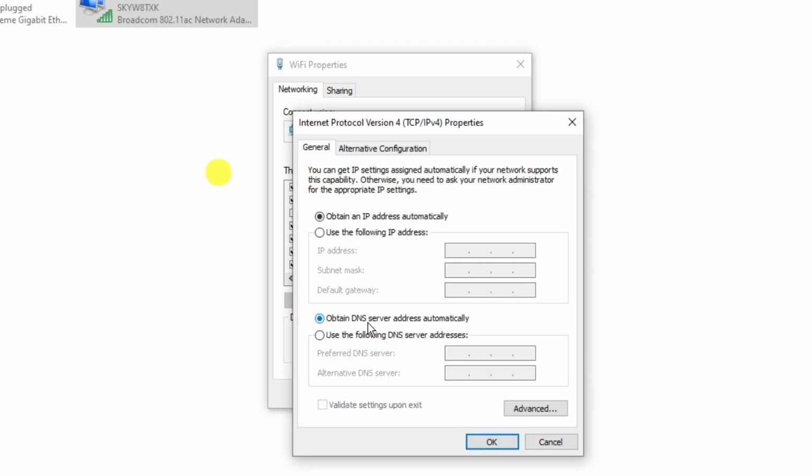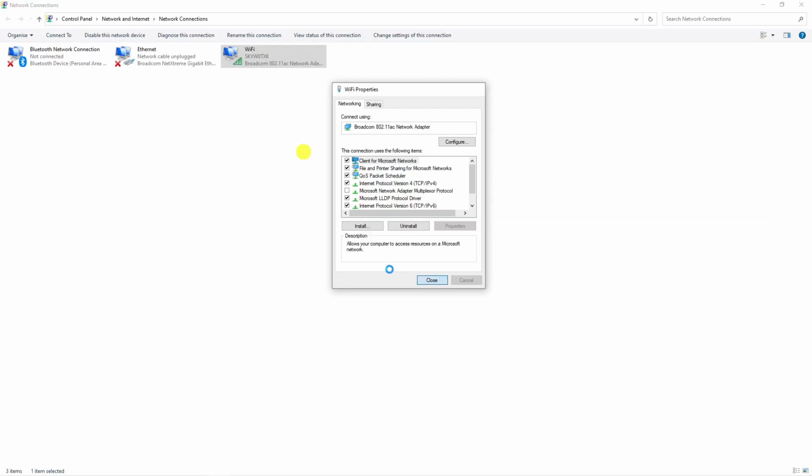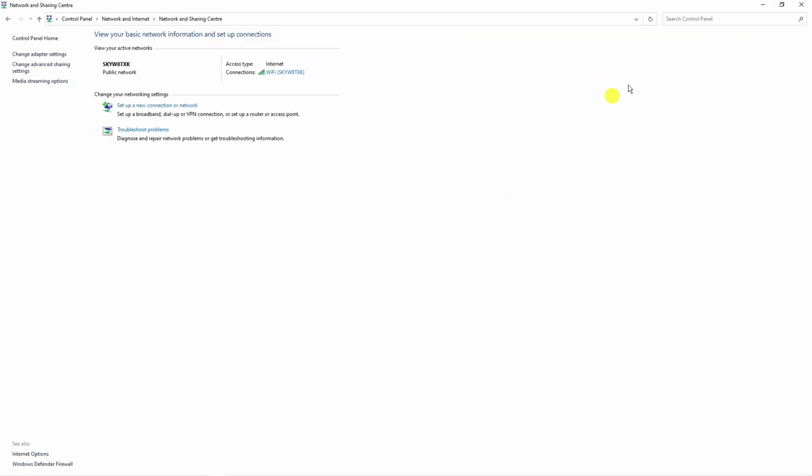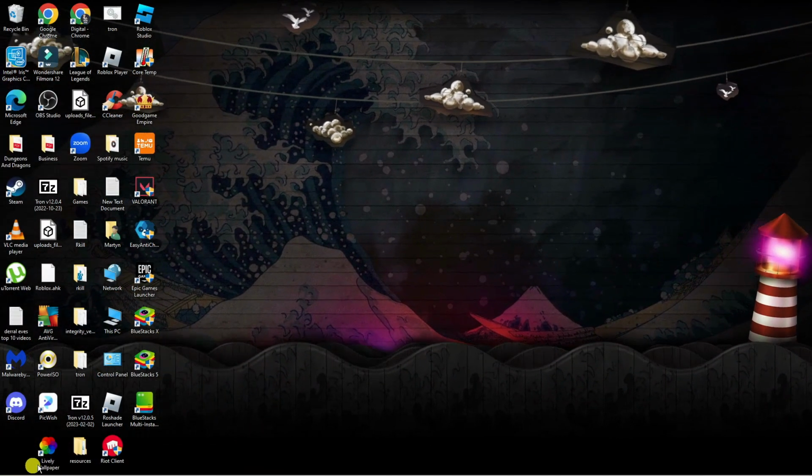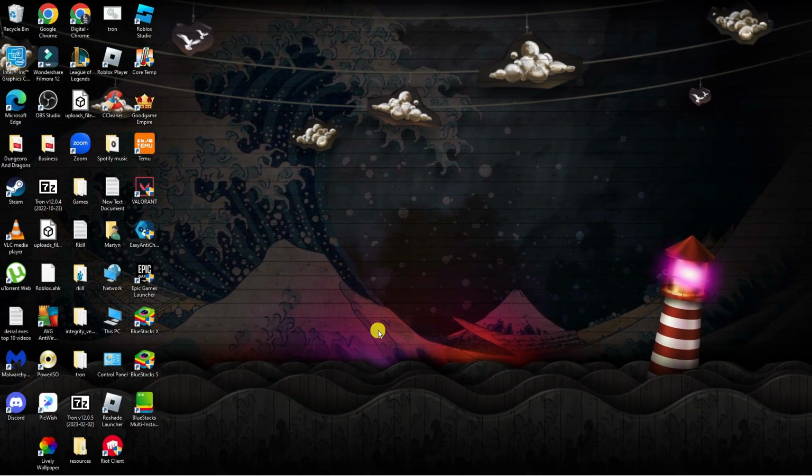Next, at the very bottom, click this box where it says use the following DNS server addresses, and then type the following, which is 8.8.8.8. And then in the alternative DNS server, you want to put 8.8.4.4. Once that's done, go ahead and click OK, and you can close this down and come out of this. Again, from here, go ahead and restart your system, and that should fix this problem and allow you to play